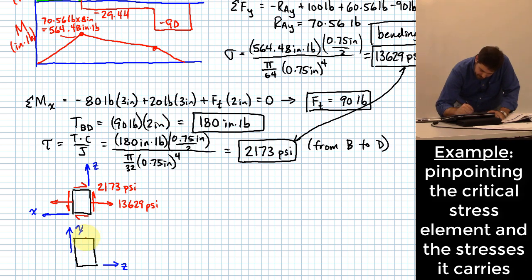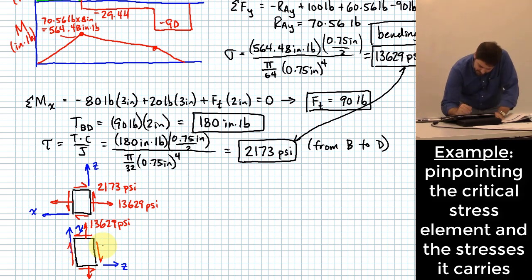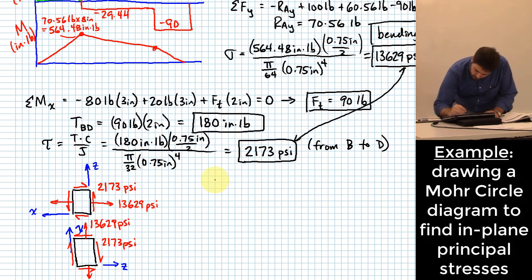I'll end up with a stress along the X direction still of 13,629. All I'm doing is rotating what I had before, 13,629, going that way. And what do I do here? Something like this, and that's going to be 2173 PSI. I'm just trying to draw it in its proper orientation so that when I think about doing a Mohr circle diagram,